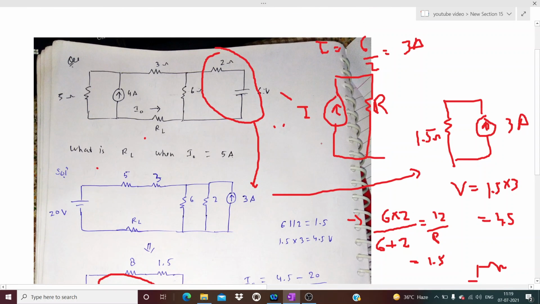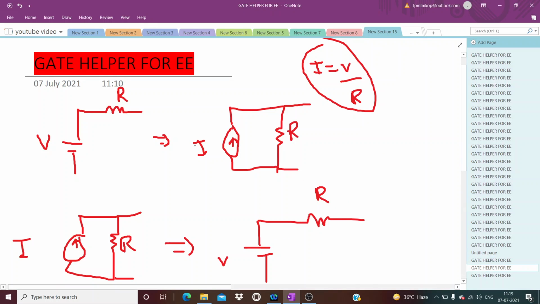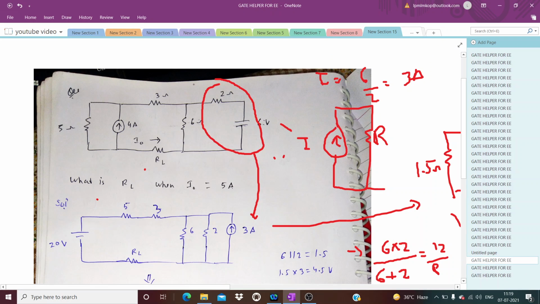Okay, so this is the concept. What you have to remember is always try to convert. Whenever this type of question comes, you need to know the process, you need to know how to convert, because it makes the calculation a bit easier. It saves you a lot of time in the exam if you do something like this. A voltage source can be converted into a current source, then a current source can be converted into a voltage source. So this is what a multiple transformation has been done.